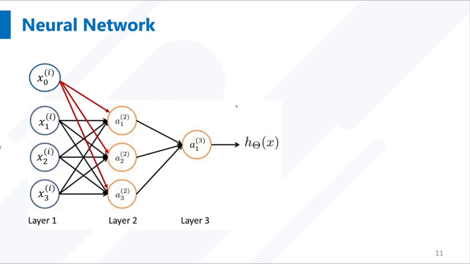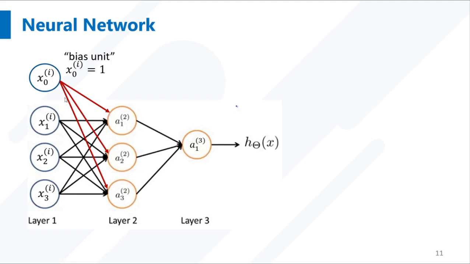Apart from the features of the examples, where each example has a number of features x1, x2, x3, we have to add the feature x0, which is actually the bias unit, and the value of x0 is always 1. So these four nodes, x0, x1, x2, x3,